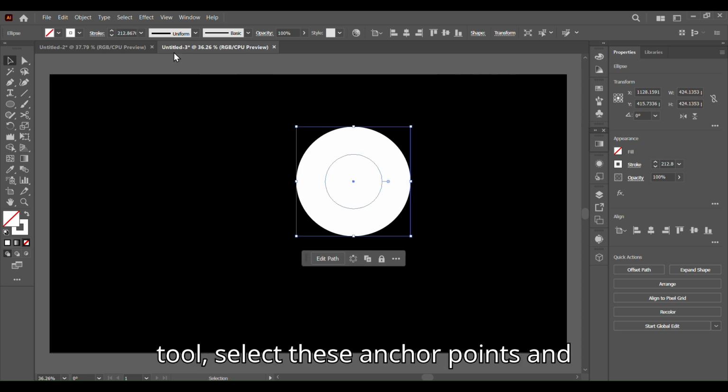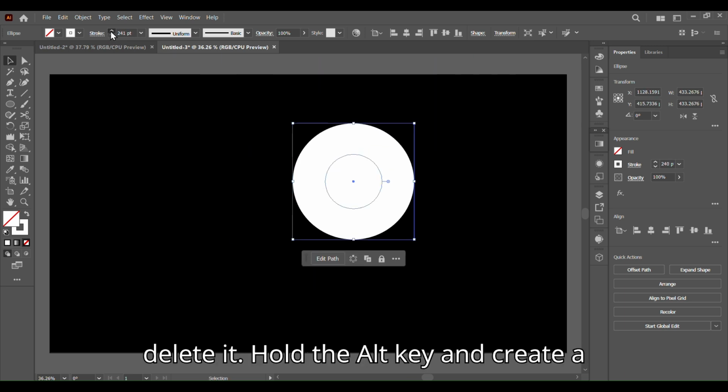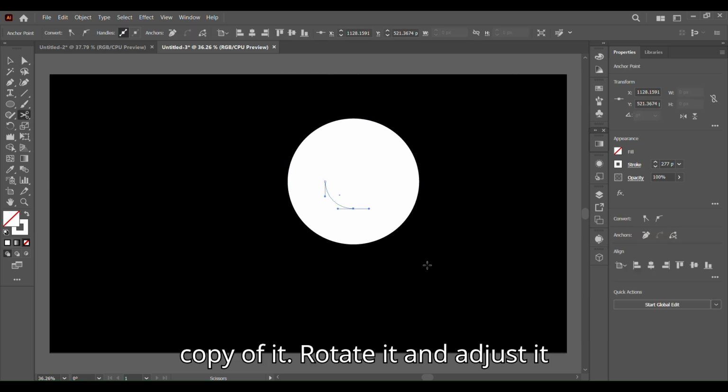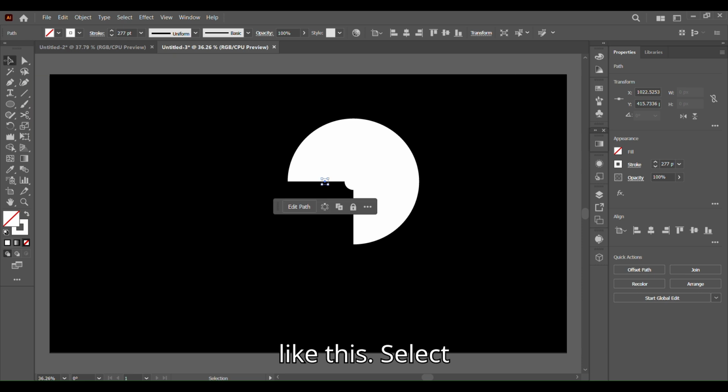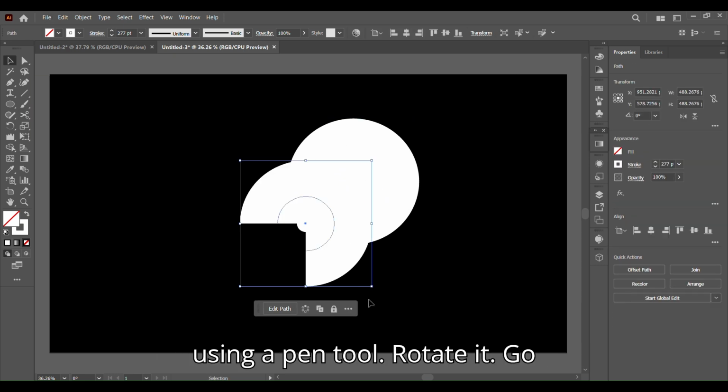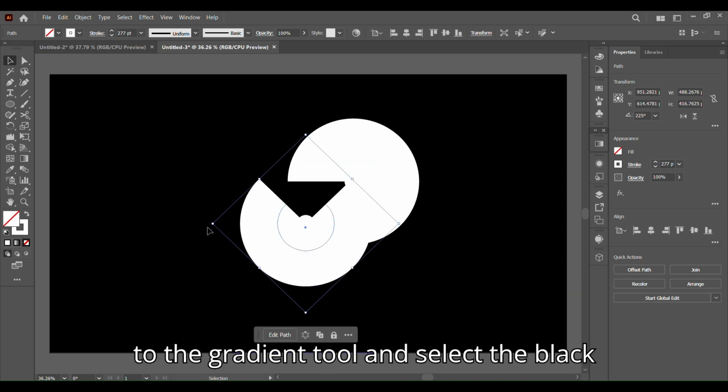Go to the Scissor tool, select these anchor points and delete it. Hold the Alt key and create a copy of it, rotate it, and adjust it like this. Select both and connect these anchor points using a pen tool, rotate it. Go to the gradient tool and select